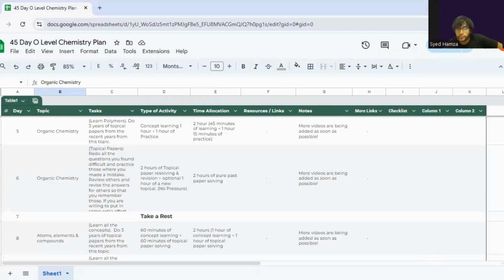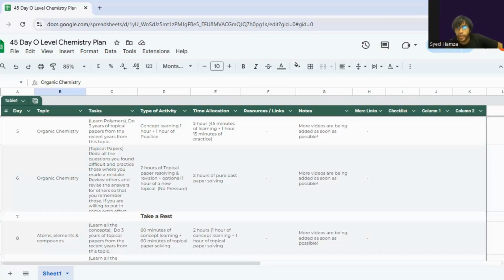And once you complete it, you've got a checklist column at the right. You can just check off the entire content that you have completed and move on. Don't miss a day. If you do miss, then you would need to spend more hours the other day completing the 2 days of syllabus. Okay.